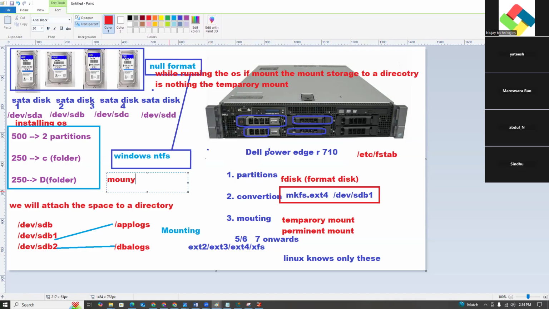Mount command, mount /dev... We want to mount as a temporary mount. So what is the mount command? mount /dev/sdb1